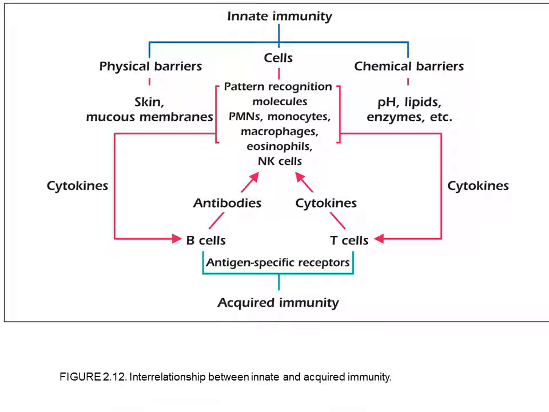So the final slide, I'm running one lecture behind. We talked about innate immunity and adaptive immunity, but our immune system doesn't classify that way. The immune system is one. We classify it for our learning, so that you have this chart in your mind: innate immunity involves physical barriers like skin and mucous membrane, chemical barriers, and cells. And then acquired immunity has specific receptors, and they all work with B and T cells. So they're all a part of homeland security, be it immigration or police. There are many things happening, and there is an orchestra, a coordinated response, and all these are players.